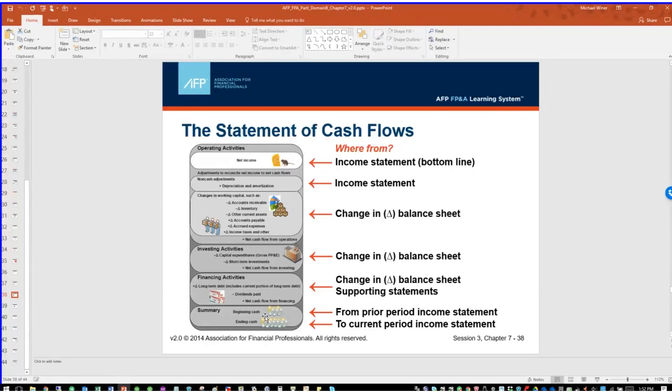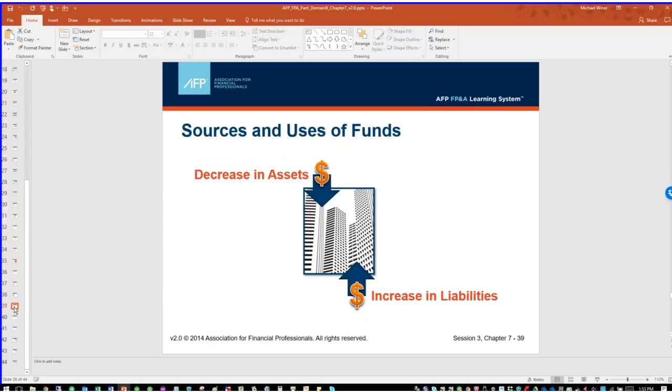Okay. And then again, you have your beginning reconcilement, which I do as the sum of net cash flow from these sections added to your beginning cash to get ending cash. Okay, we've talked about this, decreases and increases. Have this straight. Always remember to think of receivables and payables, and of course know that receivables are assets and payables are liabilities, you'll be able to keep it straight. But work that through until you're really comfortable with it.